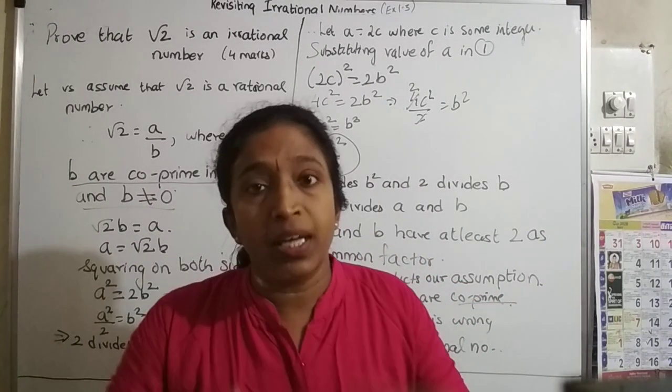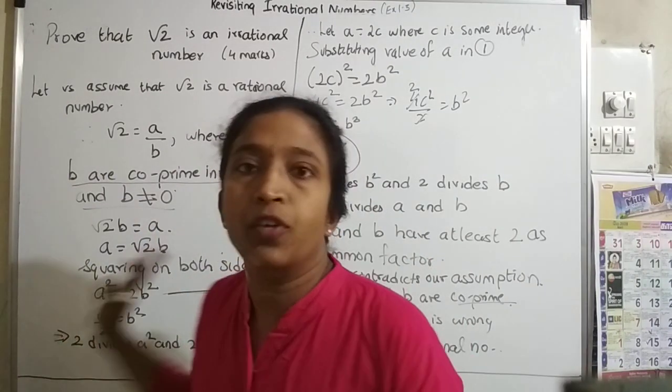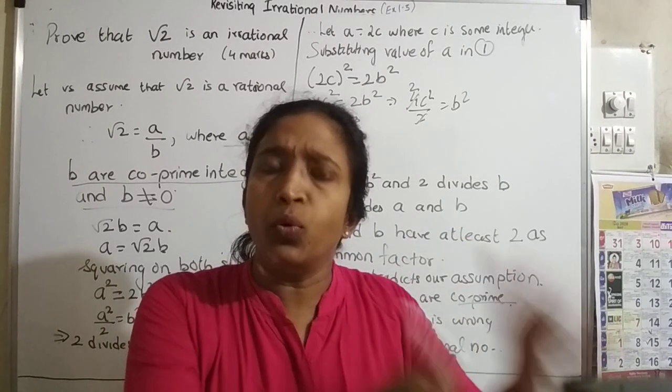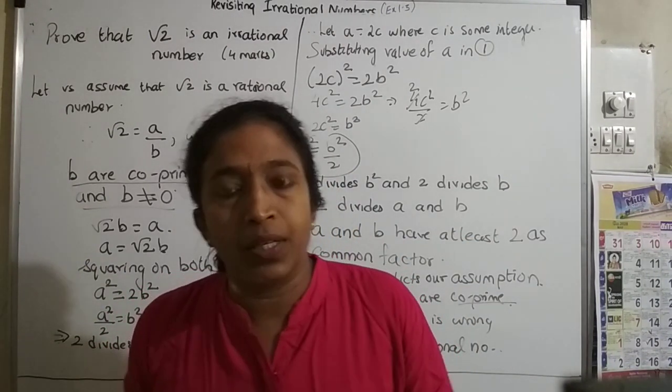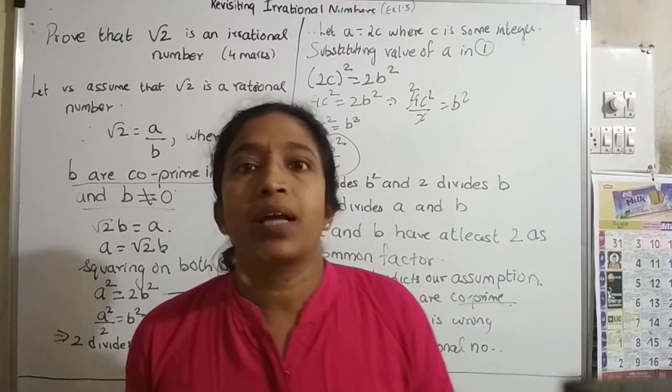Students usually memorize and mug up. So when root 2 is asked, they write 3 here, or 5, without understanding, because they must have memorized for root 3. And when root 5 is asked, they will write the same thing. So if you understand and try to see each step and practice, then you will never forget.